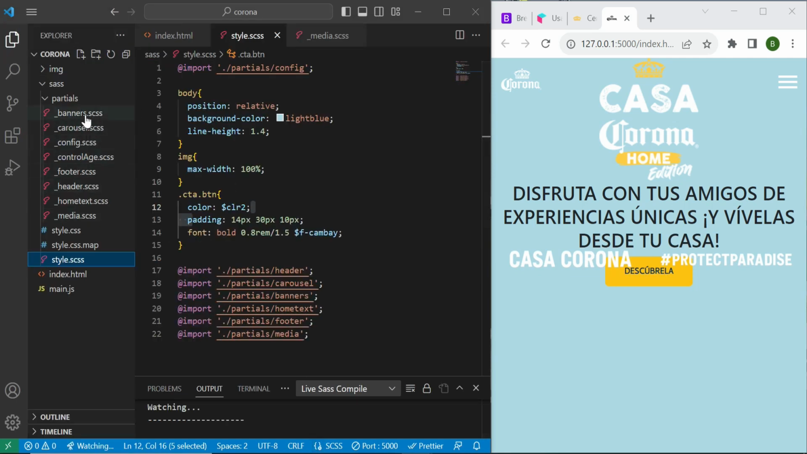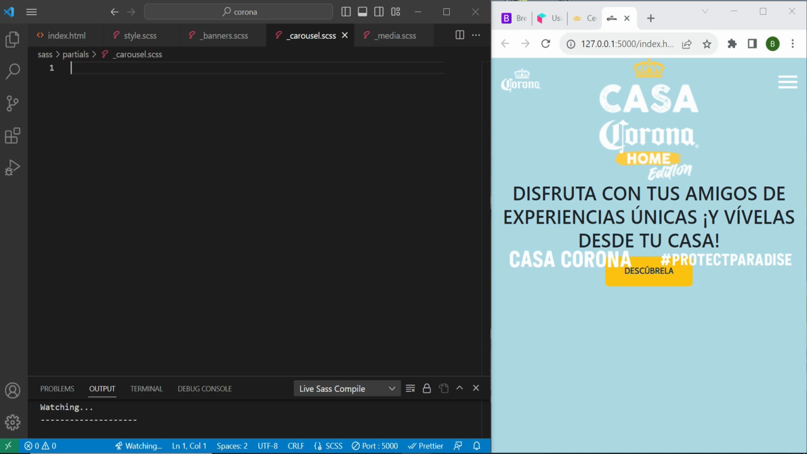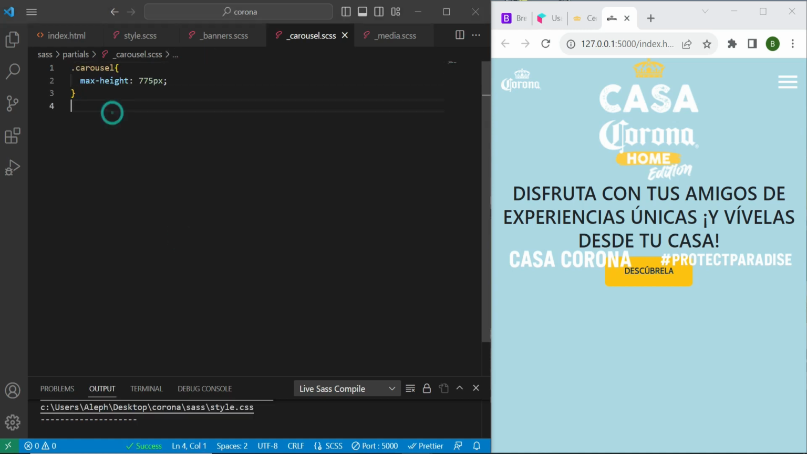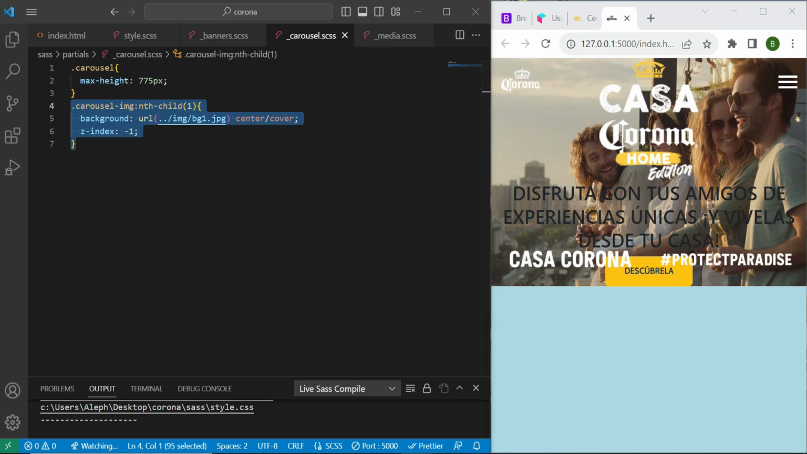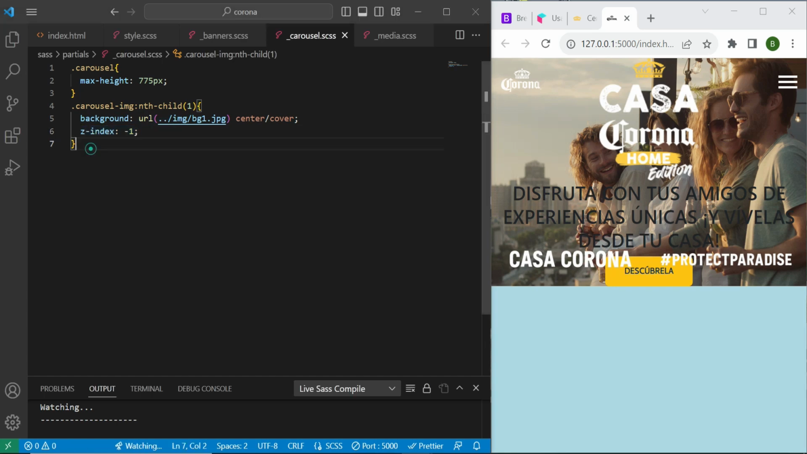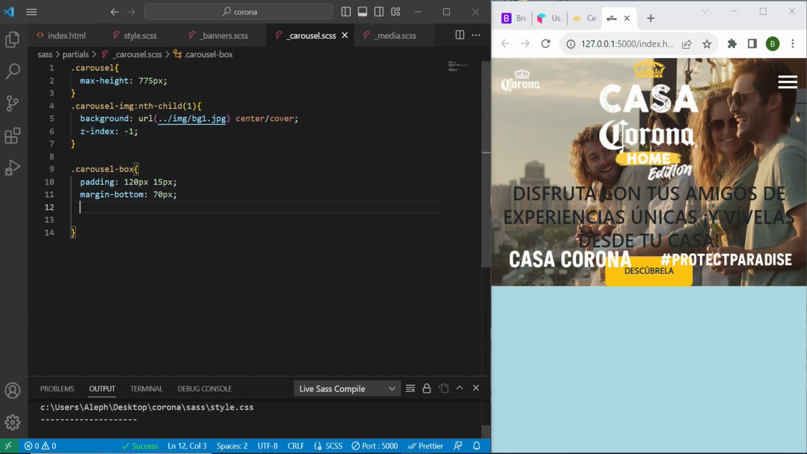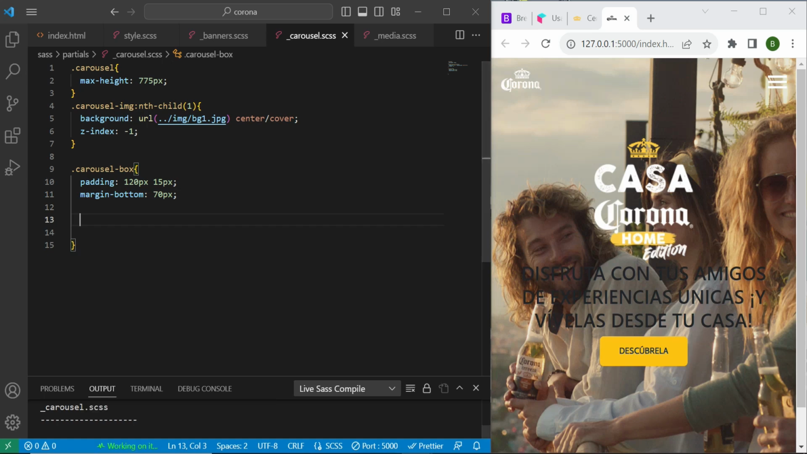Okay, then inside of our carousel, now for the image I want it to be beneath everything, you know, and then the content above, of course. That's the reason that it has z-index -1. Remember that SCSS allows us to do some nesting, so inside of this carousel box we have